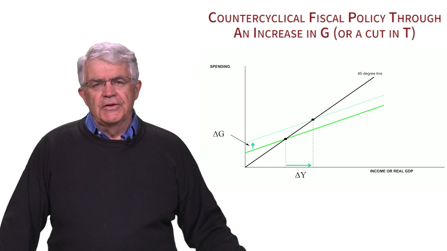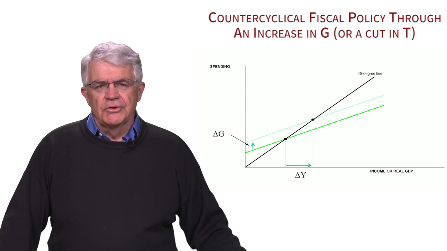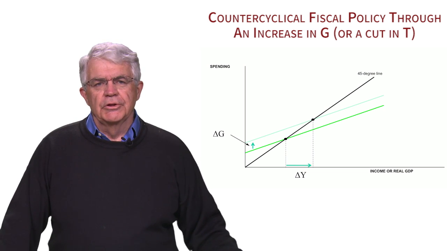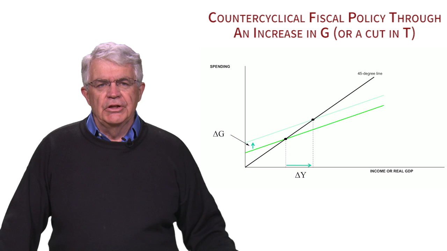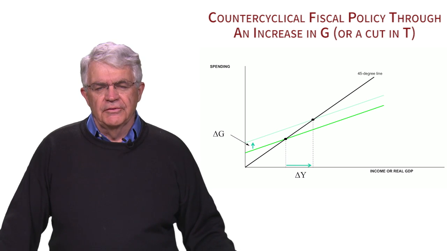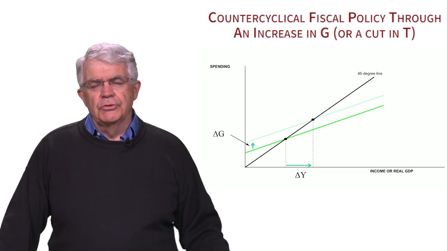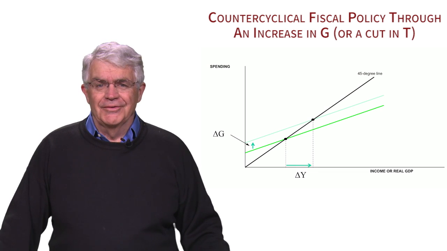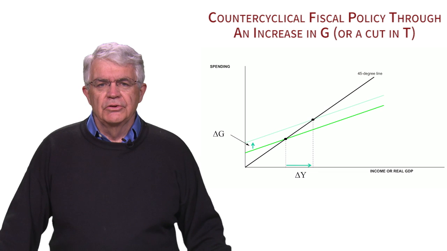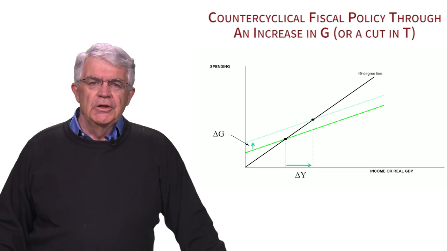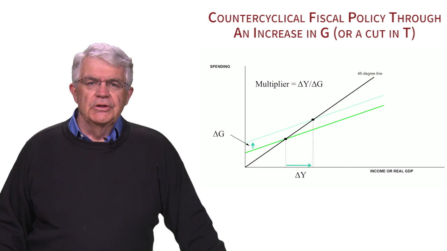We can begin with the 45-degree line and the expenditure line. This is sometimes called the Keynesian Cross. The idea here is if the economy is in a recession or below normal, if you increase G, delta G is positive, you shift up the green expenditure line to another point. That brings you to another point of spending balance on the 45-degree line, and you can see GDP increases. There's a delta Y, GDP changes in the positive direction. There's a multiplier effect here because you can see delta Y is larger than delta G.